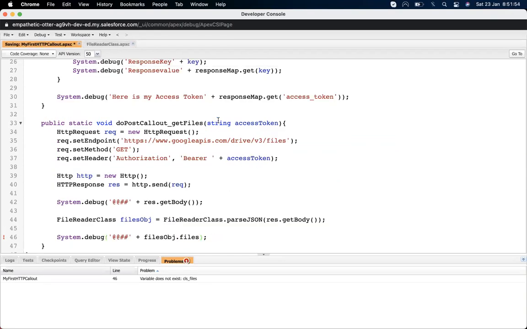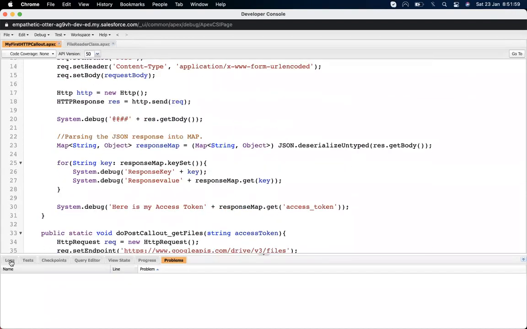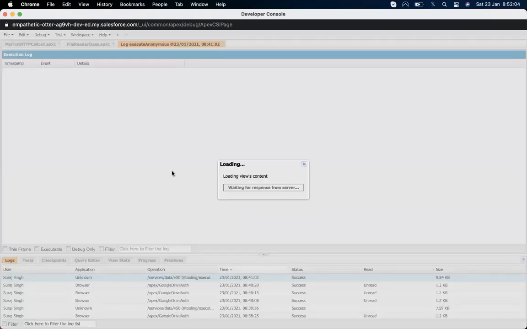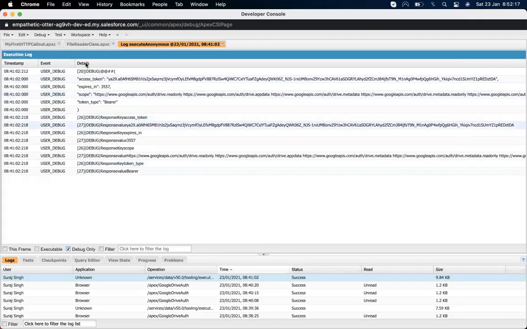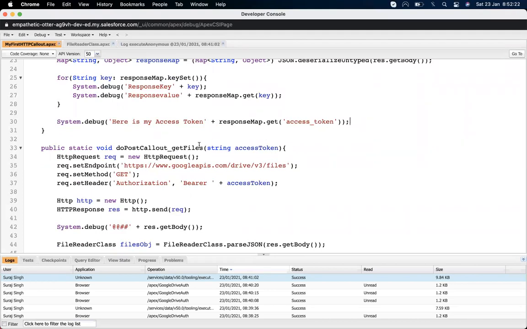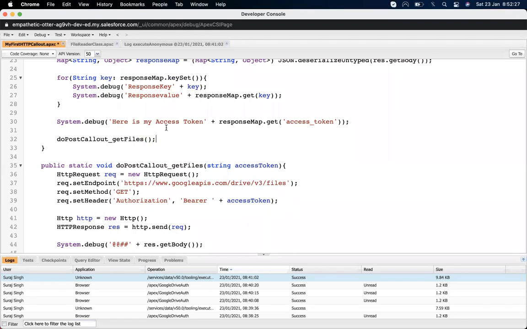Okay, so I'm not going to do this thing again. I'm just taking my access token from the logs and using that access token to call this method. Or let's first do that in a way. So I got the access token. After getting the access token, I will do a callout again and use this access token to get the files.